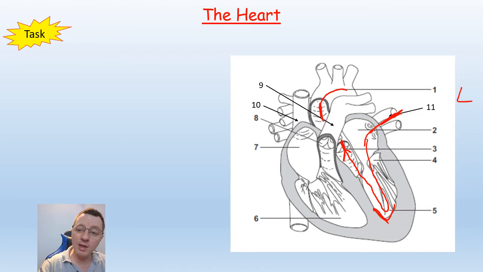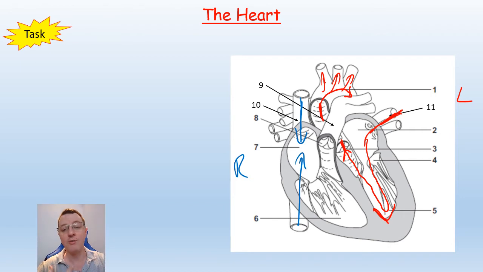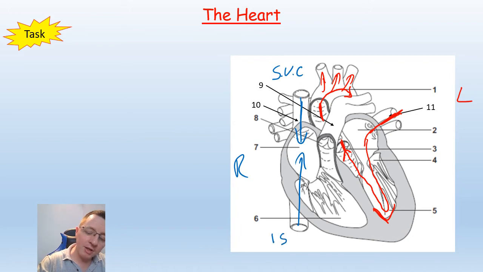The aorta quickly turns to go down to the rest of your body, the organs, etc., your legs that need the oxygenated blood, but also it very quickly splits off into three separate arteries which will carry blood up towards your head and left and right down your left and right arms. If we then fill in the same thing for the right hand side of your heart, you can see here there's actually two blood vessels leading into the atrium, and those are the superior vena cava and the inferior vena cava,